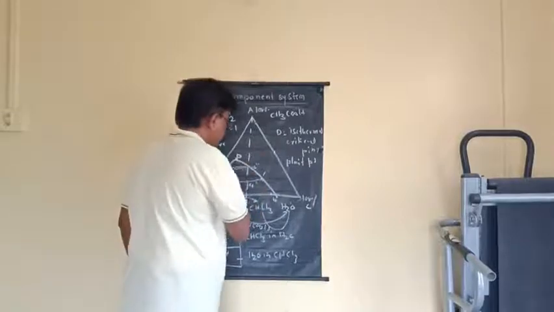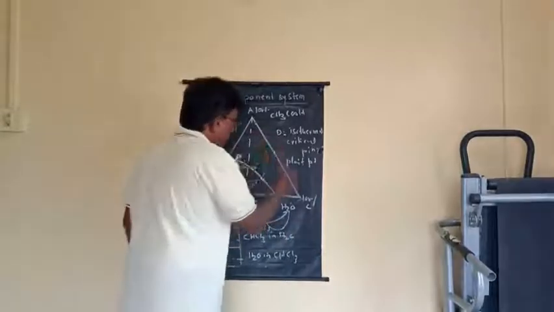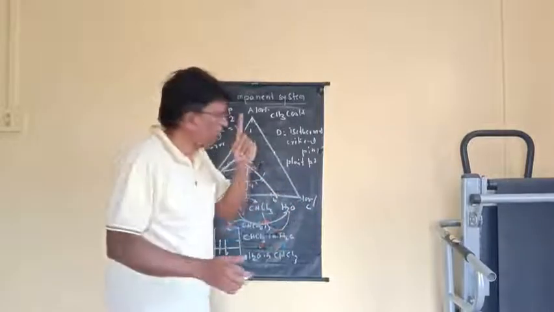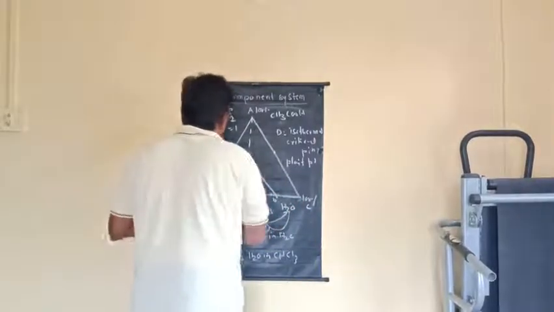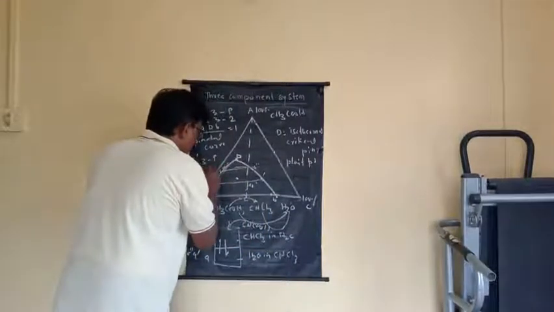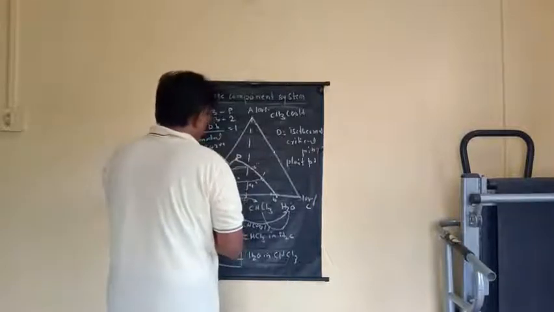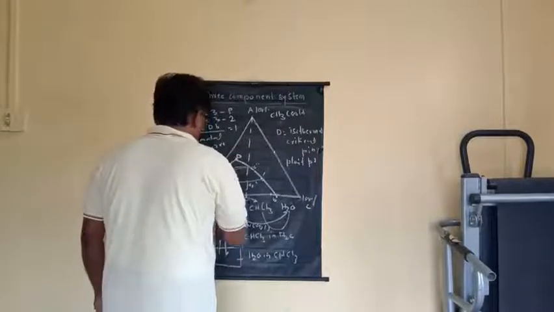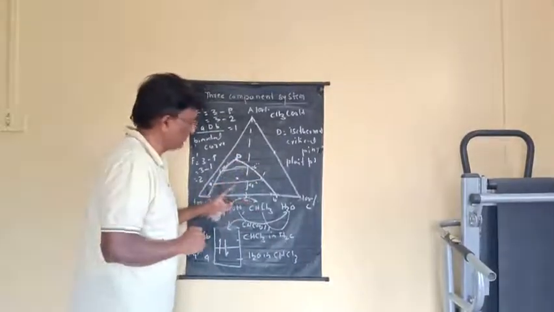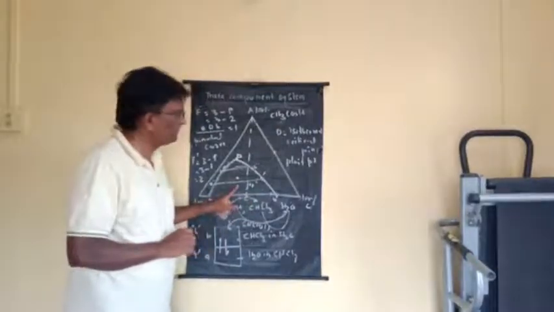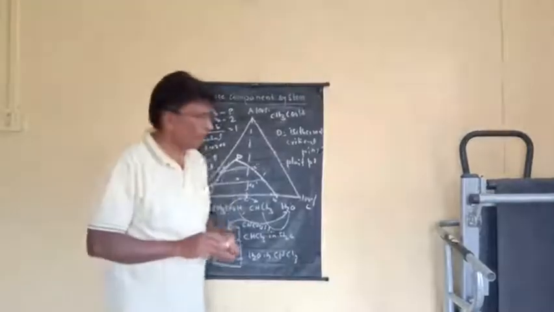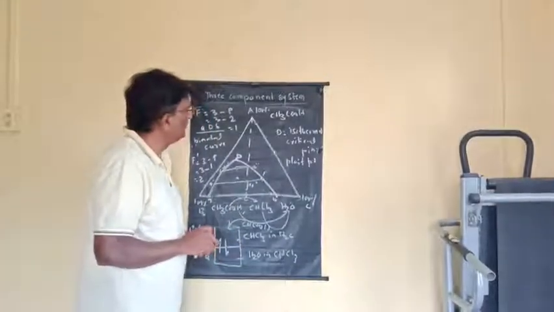And outside this binodal curve, only one phase is there, because a homogeneous solution is obtained here. Therefore, according to the reduced phase rule, 3 minus P, 3 minus 1, only one phase is there, and therefore the system is bivariant. Here the system is bivariant, and inside this curve the system is univariant. This is all about this acetic acid, chloroform, water system, three component system.